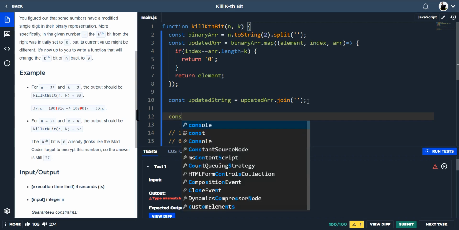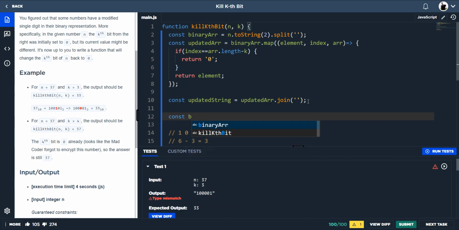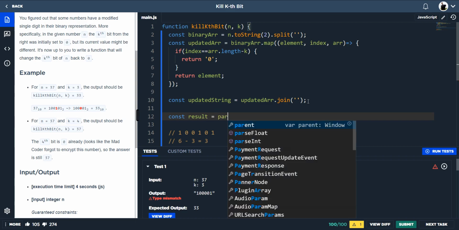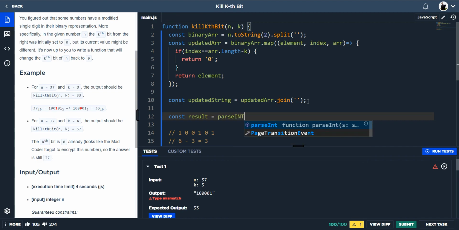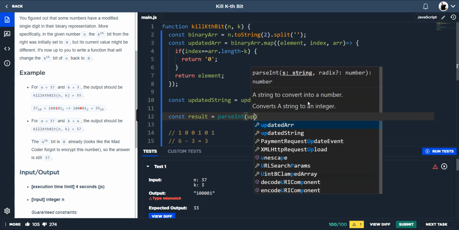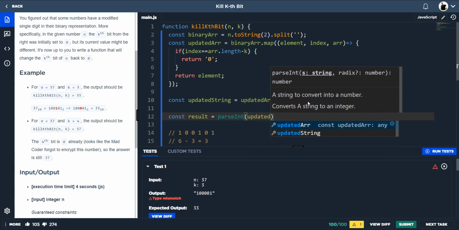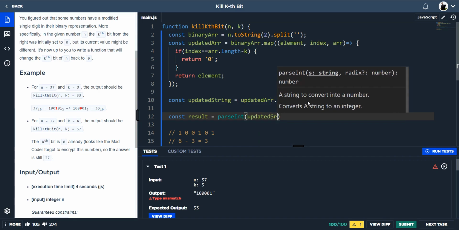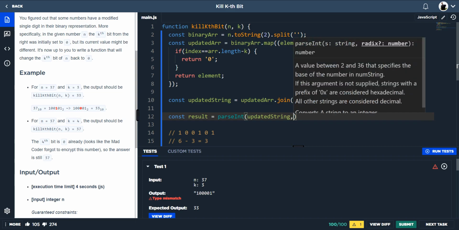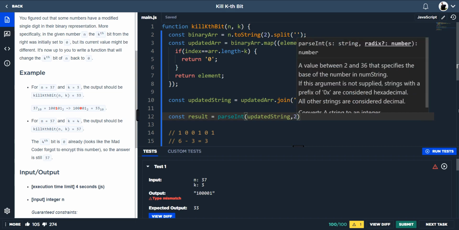So if we do const binary number result, and our result is going to be equal to parseInt, and then we put our updated string, which is the representation of our binary number,